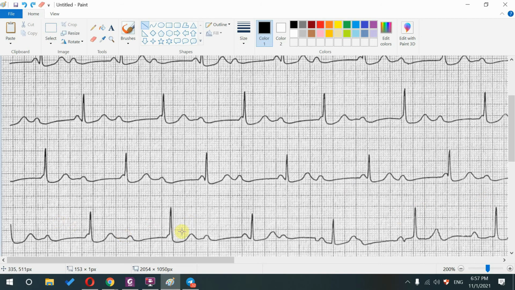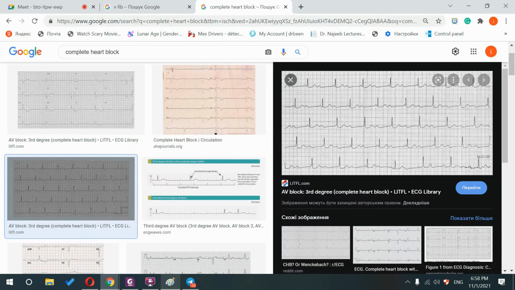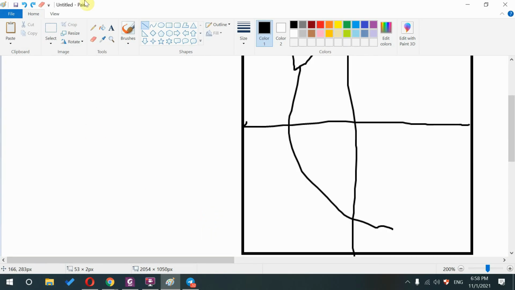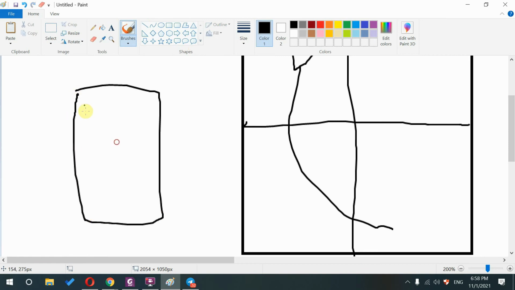So the second thing you have to do is to check the BB interval. Oh, where is it? It's hiding inside of it. Okay, so why is the RR interval regular? The idea here is like this. Look, if you have the atrium and the ventricles,